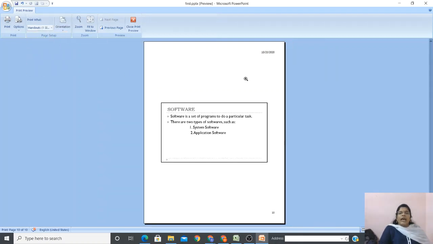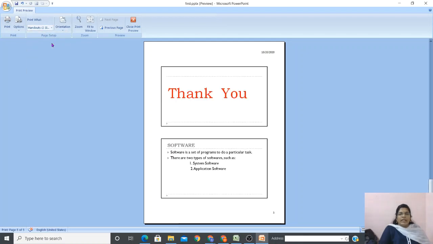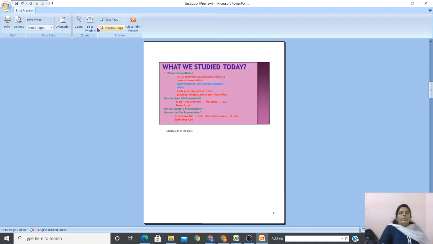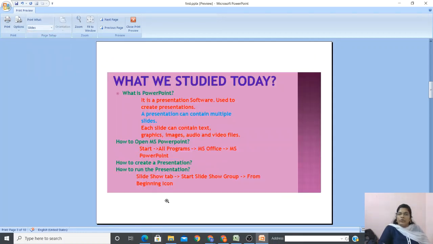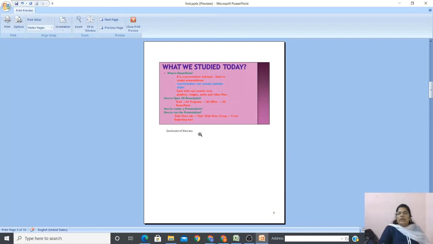Okay. The second method is handouts. See how the handouts look. This is handouts. Let me go to the second pattern of handout, 2 pages per slide. So you can see 2 pages are displayed over here. This is handouts. Then the third one, notes page. Let me take notes page. If you take a notes page, you can see the notes we have written also. But did you see the notes with the slides layout? With the slides layout, you won't see the notes. Do you see the notes? No, only the slide is displayed. But if you go to notes page, you can see the notes also.